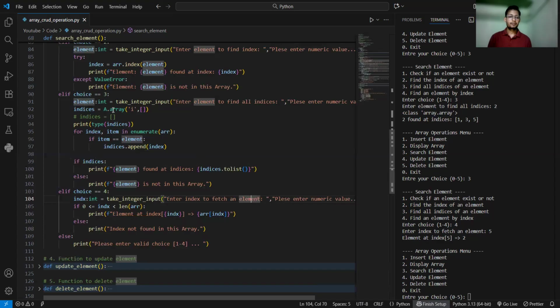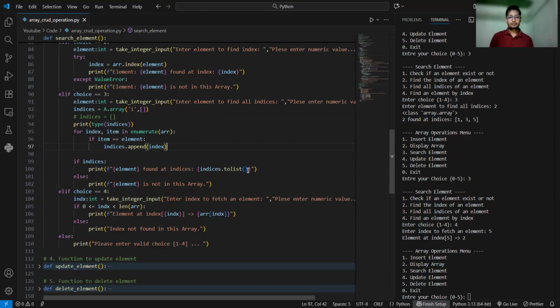That means if the indices is empty, then this if will not execute, then the else portion will execute. Okay, because there is no value. If indices equals to true, that means it contains some value, that means it contains some index. Okay, then it will print